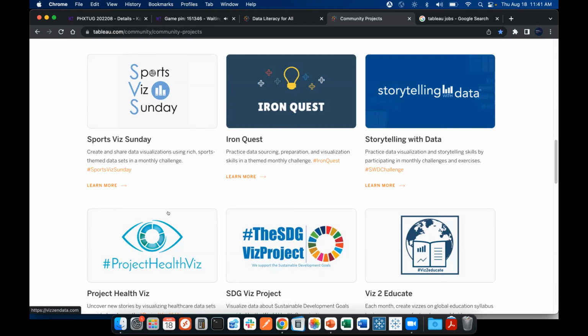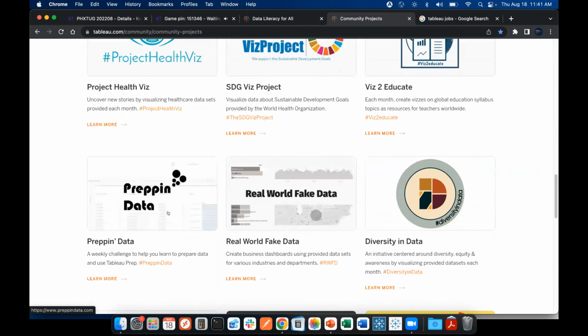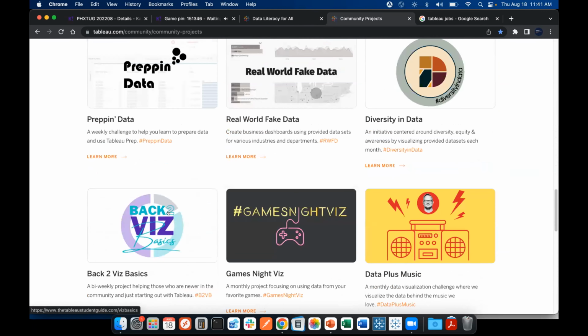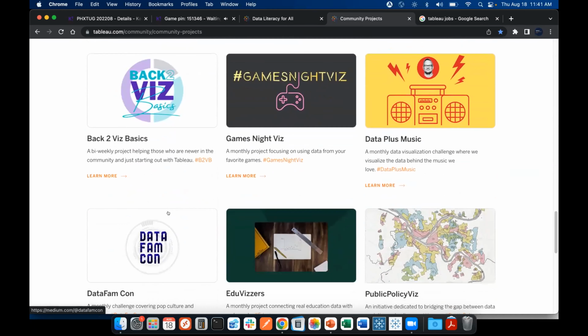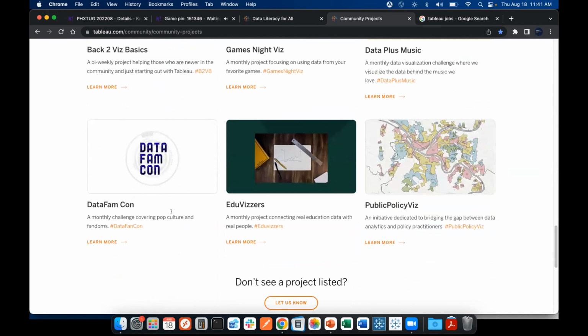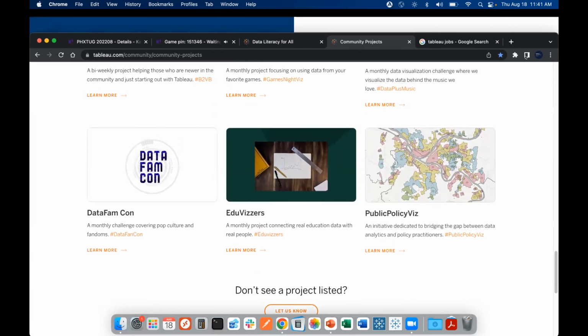So these are all exercises, challenges, initiatives, if you will, that are going to help in different aspects of your Tableau journey, your ability to maybe give back to the community. We see in different industries here, education, healthcare, public policy, a lot of great stuff. So again, go out to the Tableau community. This is all part of that, and participate.